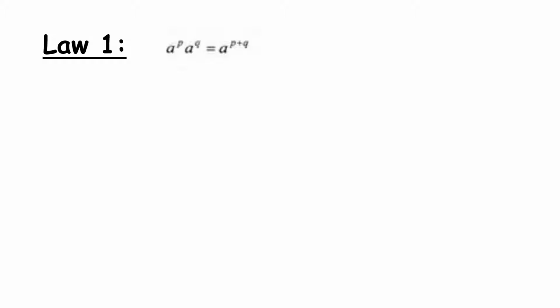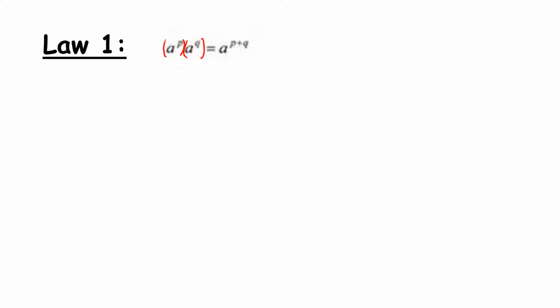So law 1, a to the power of p multiplied by a to the power of q is equal to a to the power of p plus q. So some things to note here. Although it's not written, the fact that these two terms are written side by side, there is an implied multiplication here. Okay, so when we are multiplying 2 numbers that are the same and they have powers, we can simply